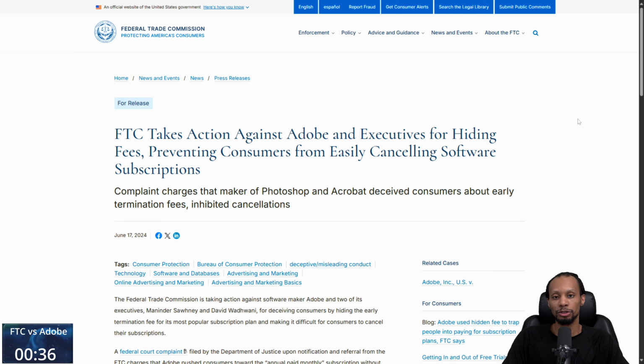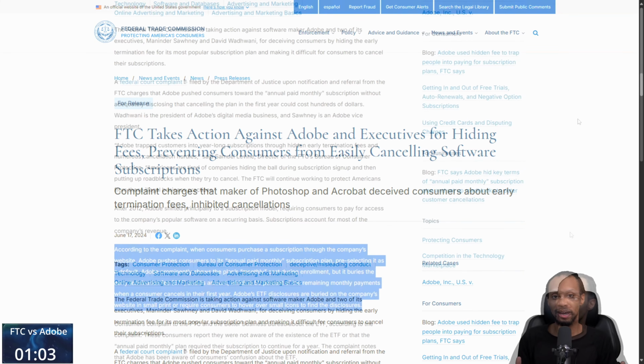Let's get into it. The FTC is going after Adobe, because they believe the company has acted in bad faith by not disclosing that there are early cancellation fees when people sign up for their services. Not only that, but they make it difficult for a consumer to cancel their services by having them jump through loops and loops. That could mean page by page. That does happen. So there's more to the whole situation than meets the eye.